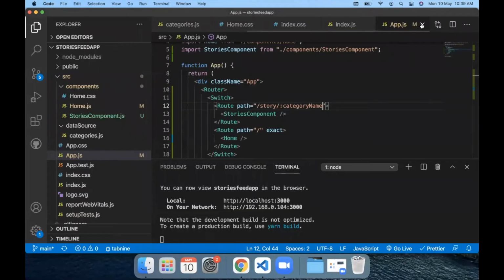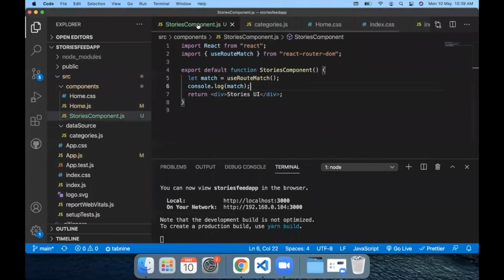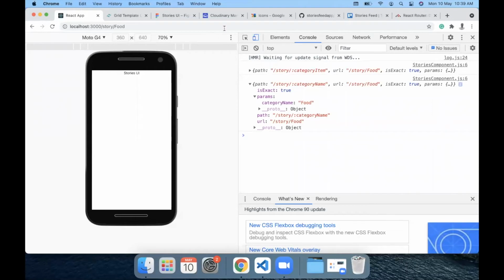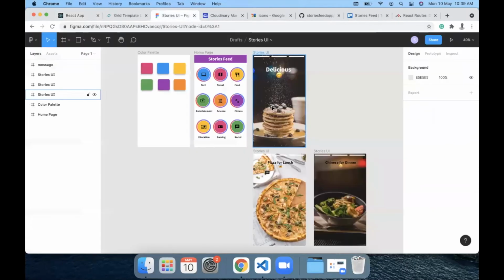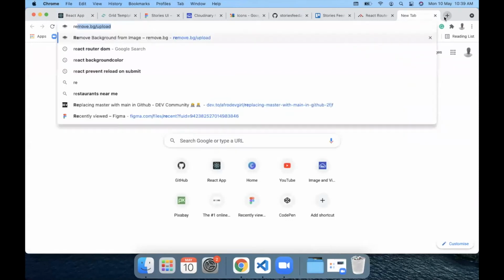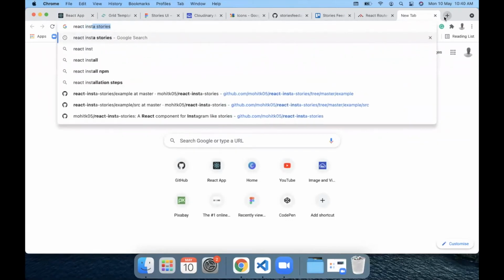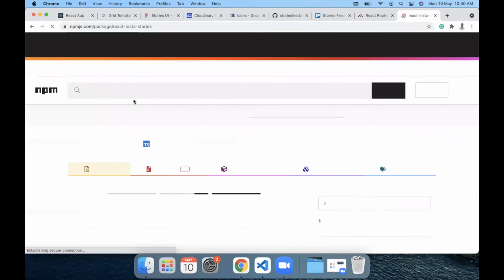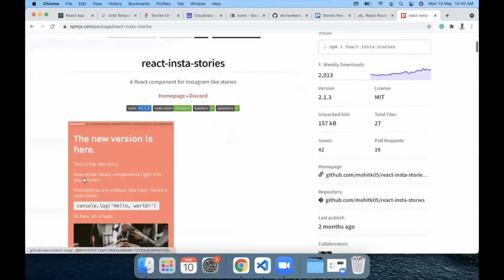Let's continue with our stories component part now. Within this div, we need to show stories. We can create a custom component for showing all the stories, but there is an awesome NPM package, React Insta Stories, built by the React community, which we are going to use today.